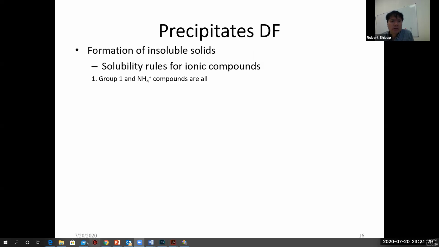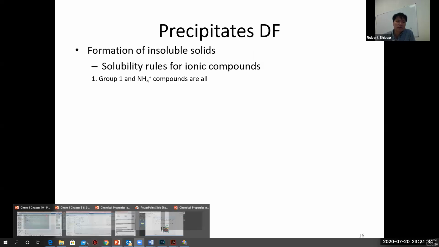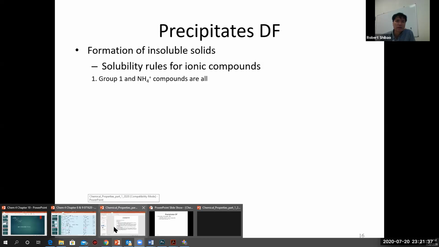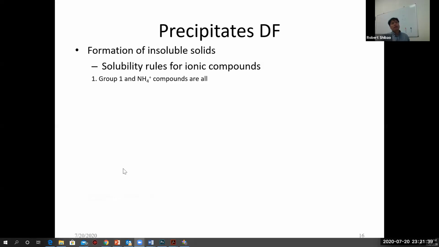The thing is, though, we went through it once in class, but how many times have you reviewed the solubility rules since we covered it? Have you reviewed it to the point where you have it memorized? It's typical that in Chem 4, you're supposed to memorize the solubility rules. One of the things that helps in memorizing solubility rules is if you could see a pattern. The people who can see the pattern are usually the people who've looked at it longer. The more times you look at it, the more you'll think about it in different ways.